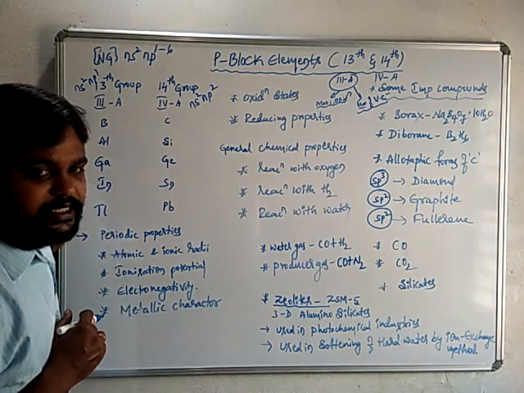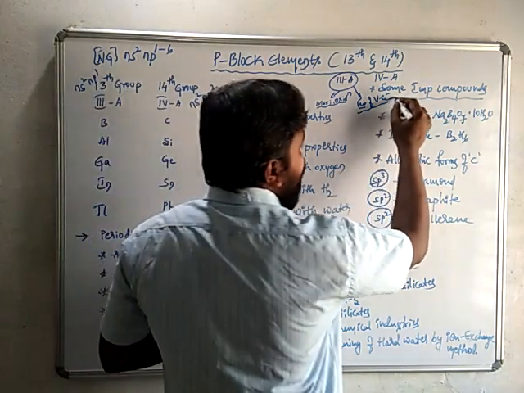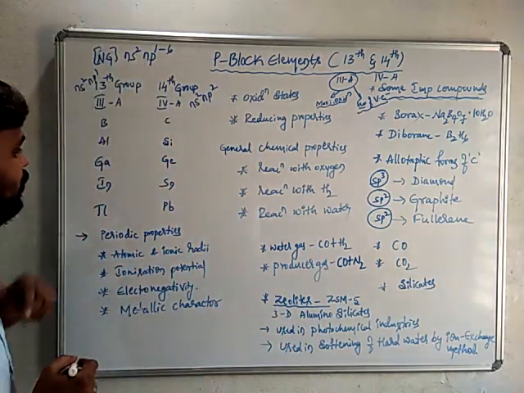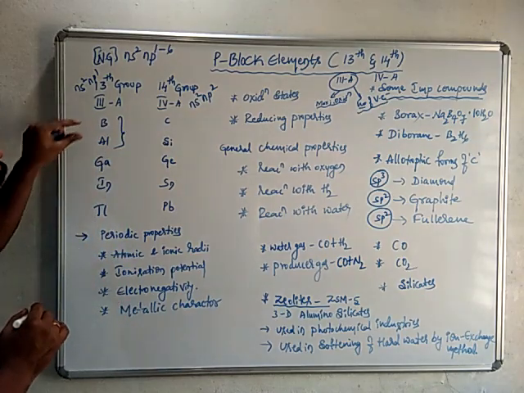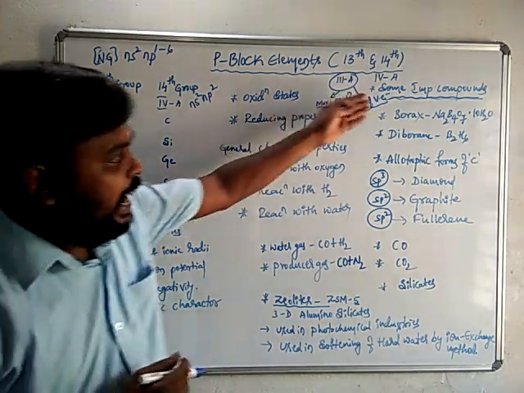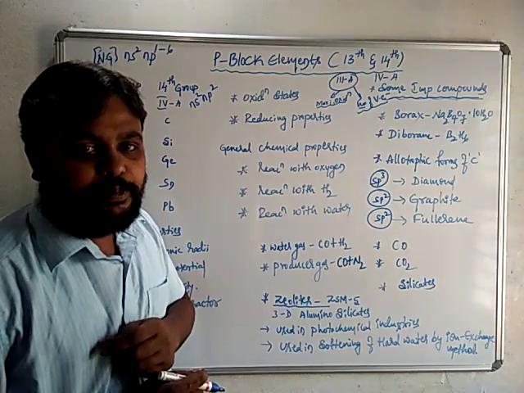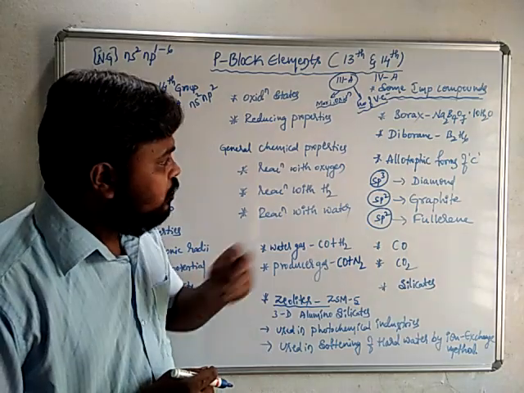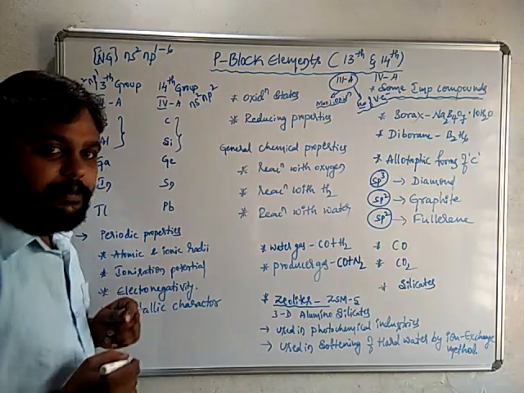After discussing all the general points of the group, we then go through some important compounds of those group elements. If we take the 13th group, the important elements of this group are boron and aluminium. Boron and aluminium form a great variety of compounds. Among them are borax and diborane. Similarly, aluminium can also form various important compounds like alumina. After that, if you go through the 14th group, carbon and silicon are the important elements here.